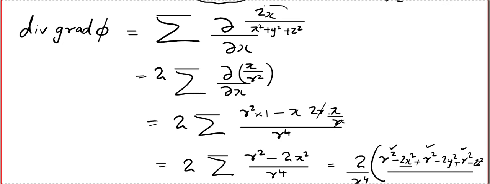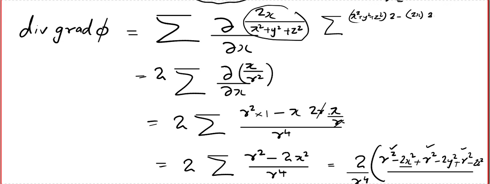If you want, you can use summation notation. Even if you have problem with differentiation, you can do it directly. You just put sigma and you can use u by v rule: x square plus y square plus z square into derivative of numerator minus numerator into partial derivative of denominator, divided by denominator square, and that will give you